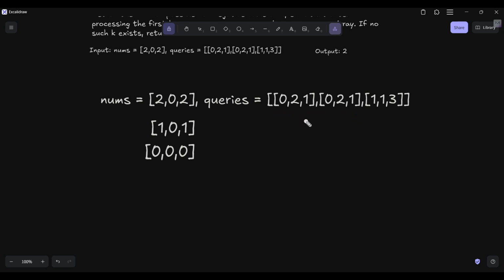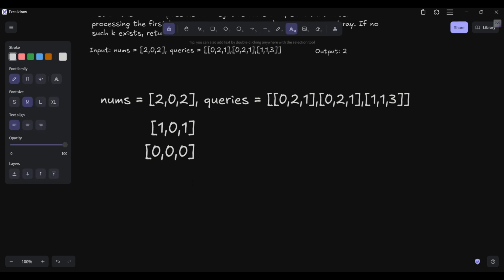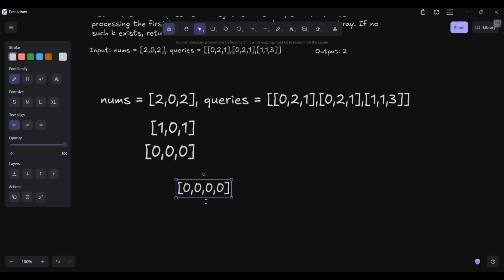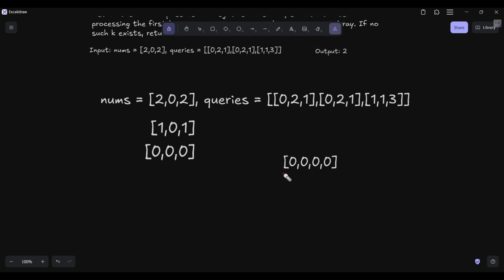Okay, so what we will do is create a difference array. First we will create it filled with 0, of size n plus 1, where n is the array size. We create n plus 1 size so that we can take all the elements in this. Basically, we are going to use a prefix sum and this